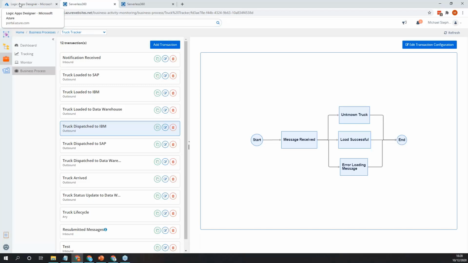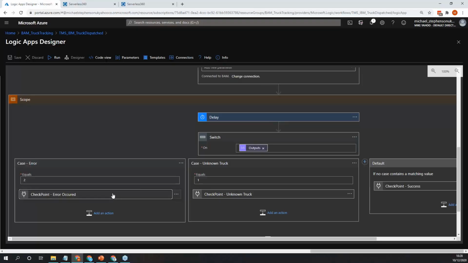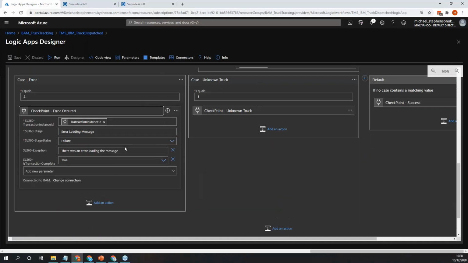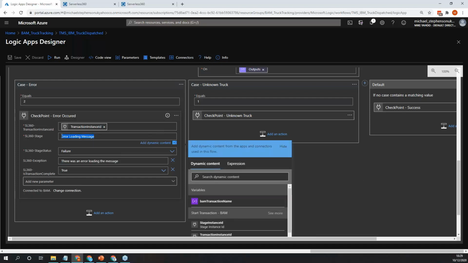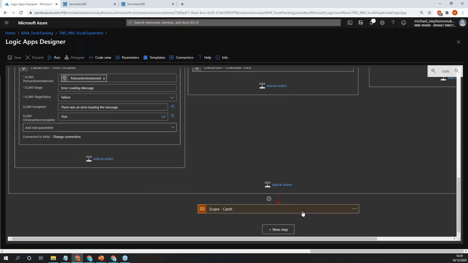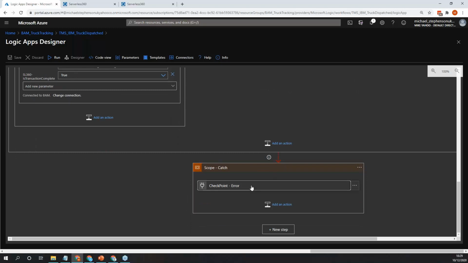the IBM system. And what I do on my checkpoints, if you imagine this error scenario, I got a transaction instance ID when I started the transaction, and I basically just go, here's the instance to update. Here's the stage. It was a failure. It was successful. I can pass a message if I want to. And I can also implement down here, I can put a catch block where I can have a checkpoint if